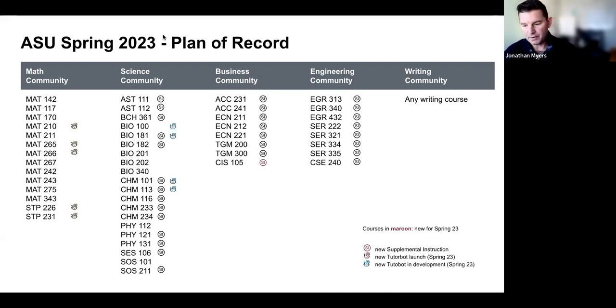Essentially, for the spring, we're piloting really just a math community. We've since expanded it to 5 communities, which are based on topics. Last spring, we had about half of those math courses. And the design there, which I'll show on the next slide, was essentially trying to figure out how we best